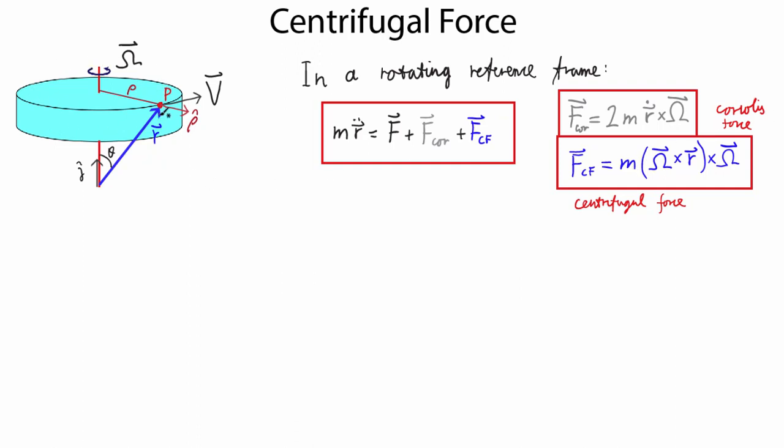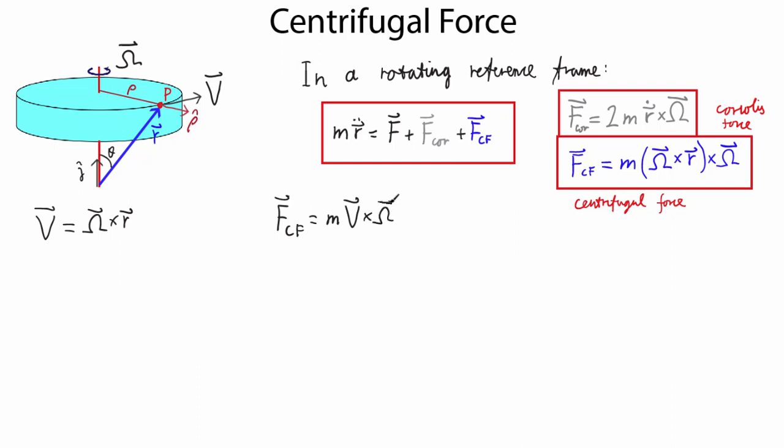Here is a rotating object. We have this point P here, and it's moving in the non-rotating reference frame by some velocity v due to the rotation. And we showed a couple of videos ago that this velocity v is just omega cross r. Well, that's what's inside the centrifugal force term. So we can write that the centrifugal force is just mv